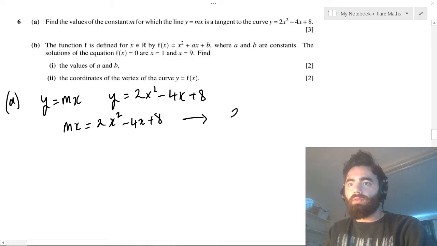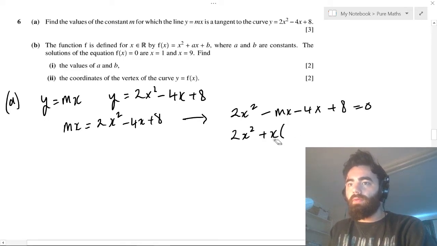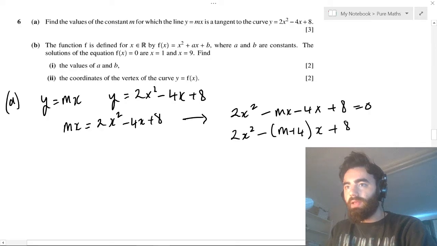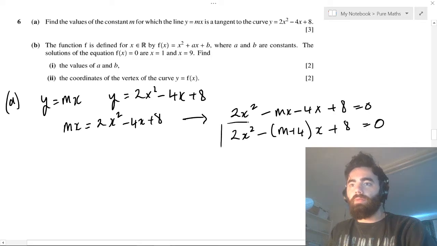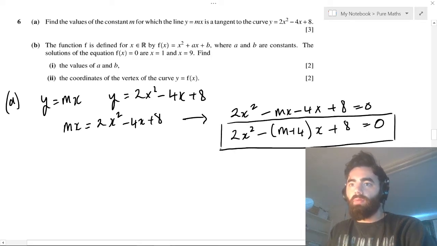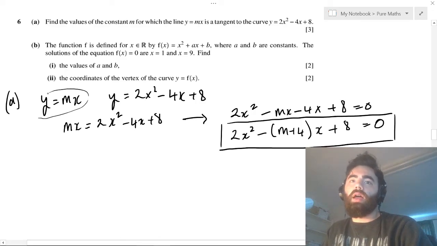So therefore we get 2x squared minus mx minus 4x plus 8 equals 0. So we can just simplify that a little bit more. Get plus x of minus m plus 4 of x plus 8 equals 0. So if we have a look at this here, we're going to want to know where this line is tangent